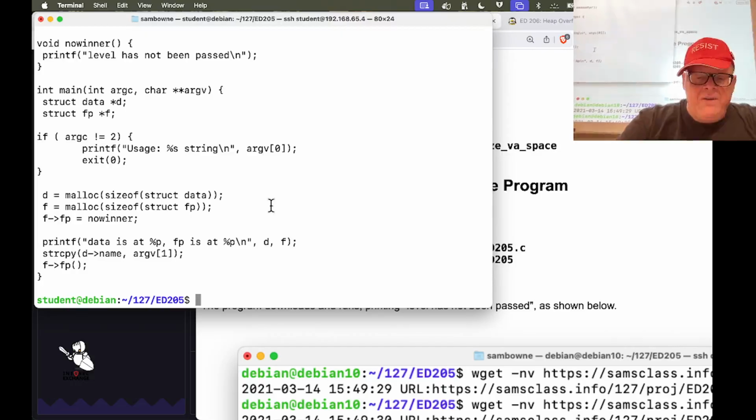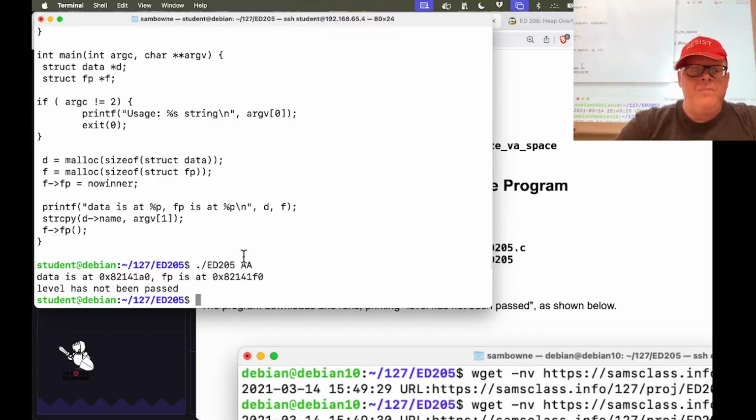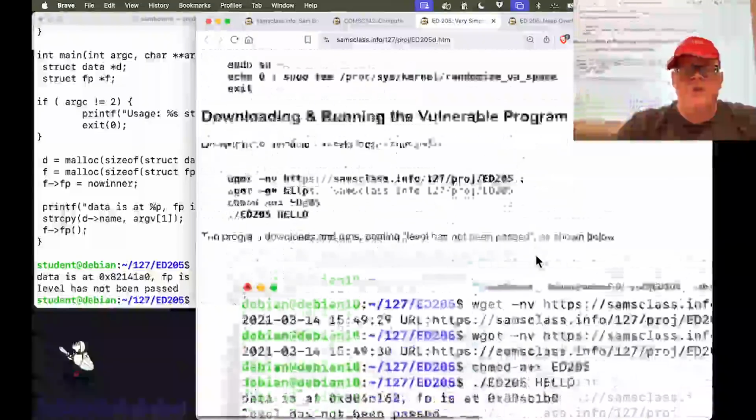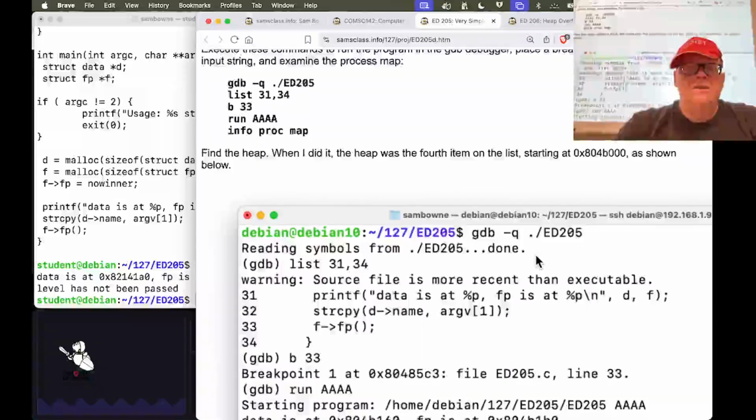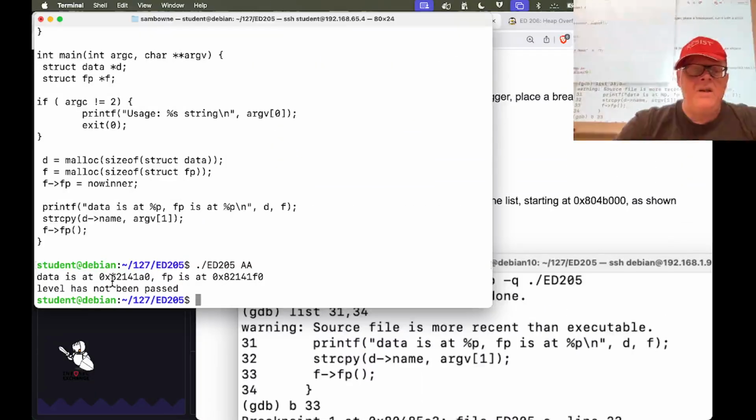So you can run this program and feed in some data, and you don't pass by putting in data like that. But if you put in something longer, all right, we can see how it works here. If I put in the debugger,